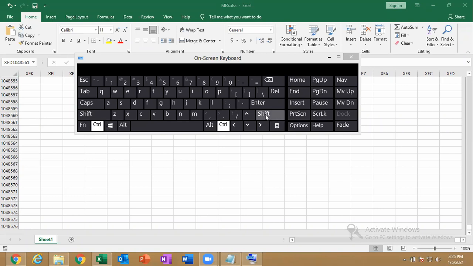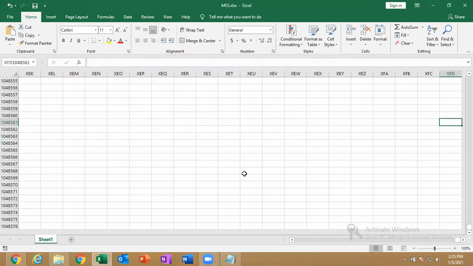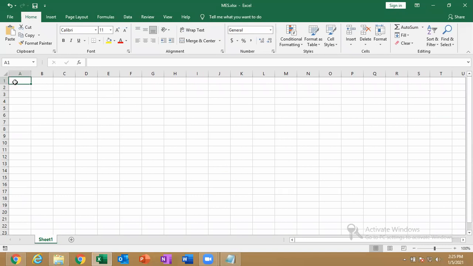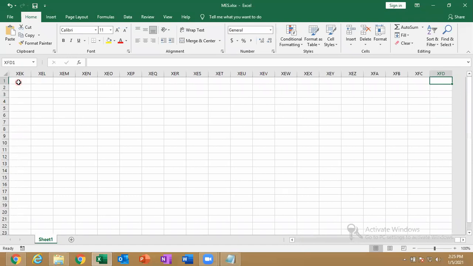Control up, it goes to the first like that. Okay, just you try it. Control left, control up. Be in the first cell, there should be no data. If the data is there here, for example, if the 10 is there here, first control right, up to 10 it will come. Then one more time, then it will go to the last.